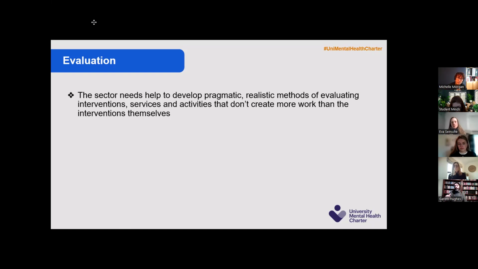So again, it's another way in which the Charter Award is having an effect, in that the universities that have gone through it have gone away thinking, actually, we could do with something that's better and more bespoke, and they're doing the work to try and do all of that. But obviously, it takes quite a while to do that piece of work. Thank you.